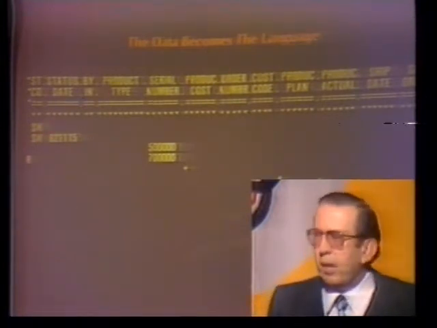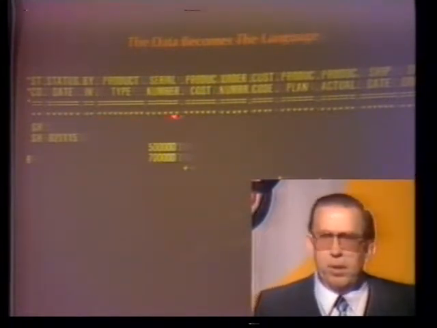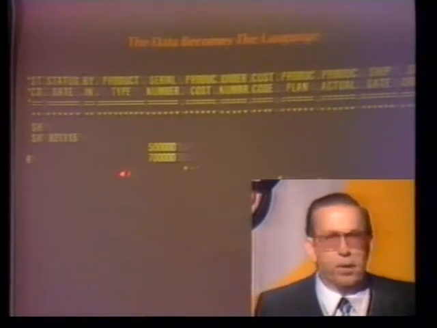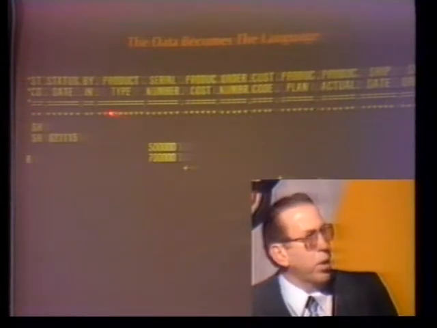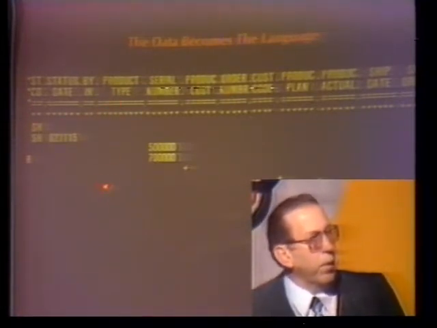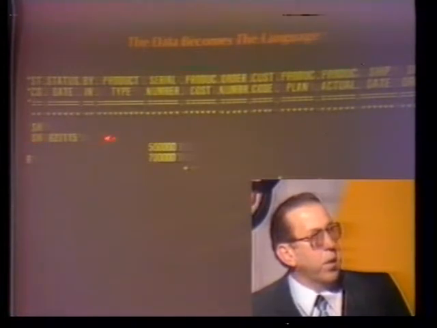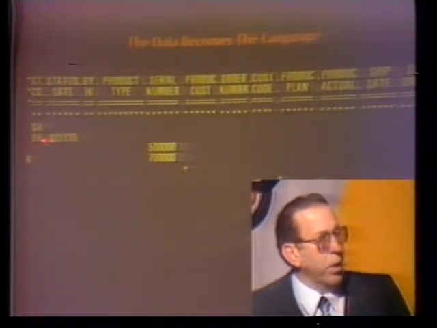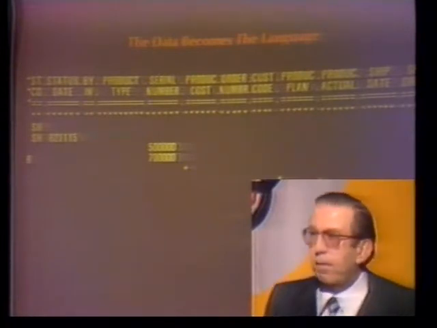If you wanted to have an OR condition to have more than one item in a field, for instance, maybe by product type, you might say a certain product, another product, and one of the rules then of this thing is whatever you list vertically under a field is an OR condition, this or this or this or this. So there's your OR condition, and you can do that right down the list underneath a given field. The AND condition is specified as a horizontal relationship. For instance, if it's shipped SH on this date, 82/11/15, that's an AND condition, and you'll find all the items coming back in a search result that have a shipped and that date combination.